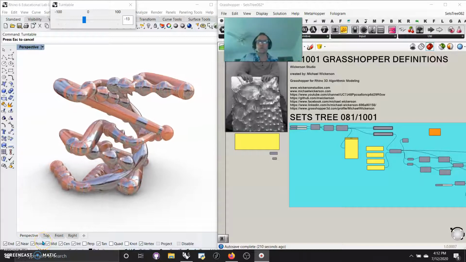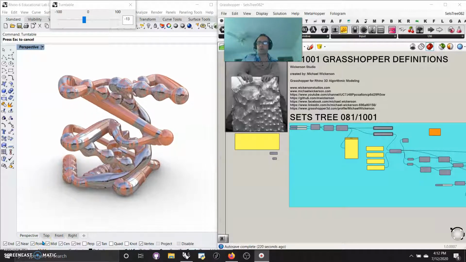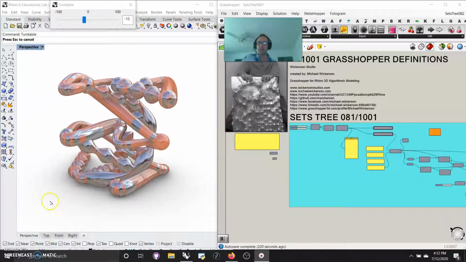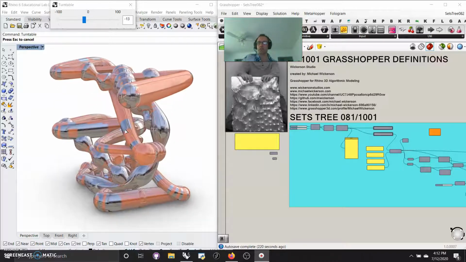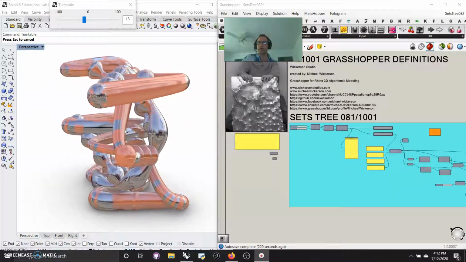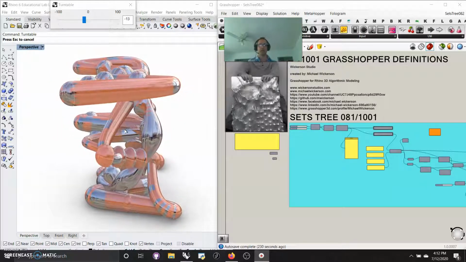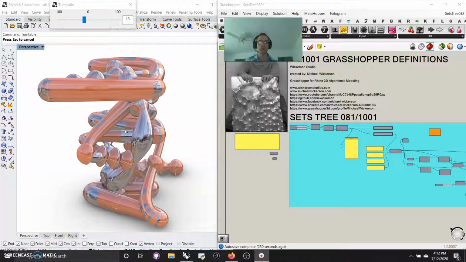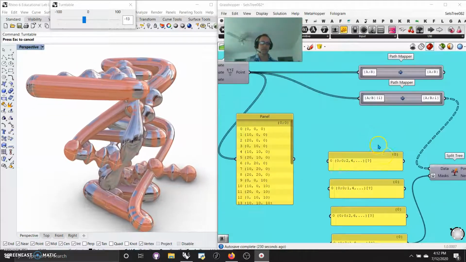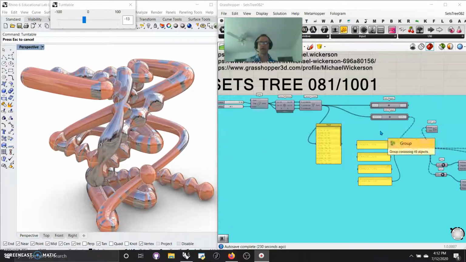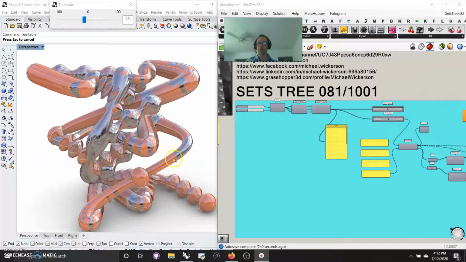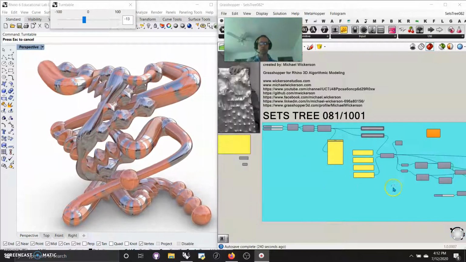Welcome to Wickerson Studios. I am so far down the rabbit hole simply making incredible, in my opinion, geometries. This piece could be fabricated. It is laying hold of the Pathmapper, the split tree, and dealing in how I can control data out of grids to produce these incredible geometries,